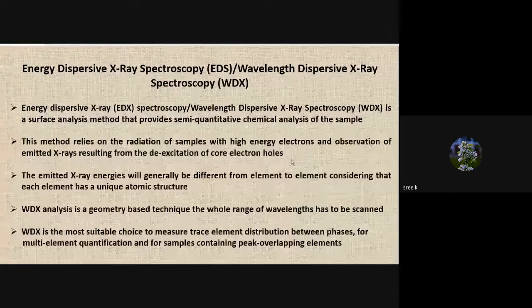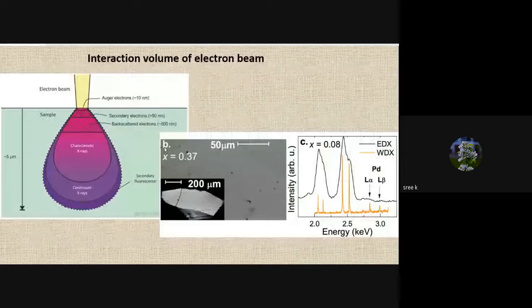Okay. So you have energy dispersive X-ray spectroscopy. In this technique, you can get elemental information, the information about the element present in the material. And WDX is similar to EDX, where instead of energy we are calculating the wavelength of the characteristic X-ray that is coming out from the material.